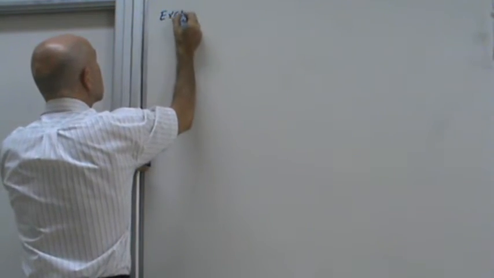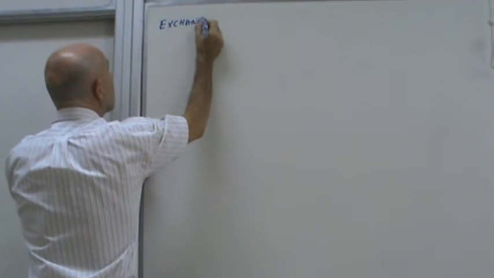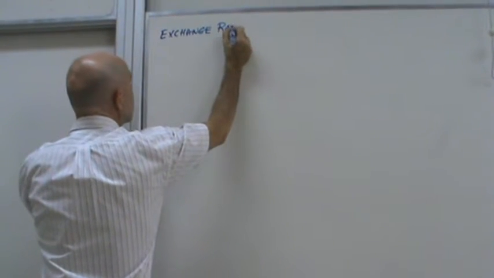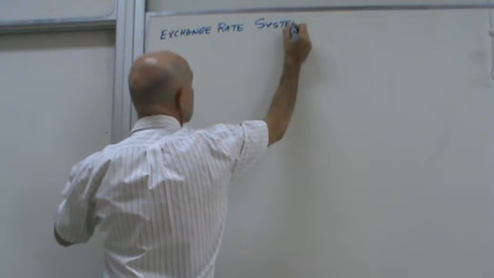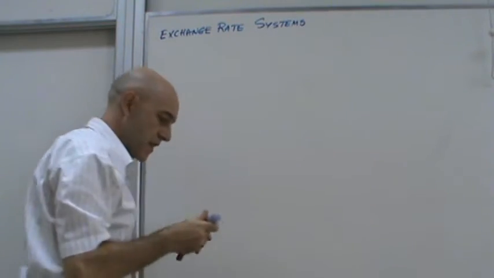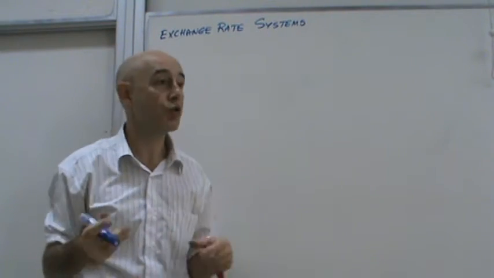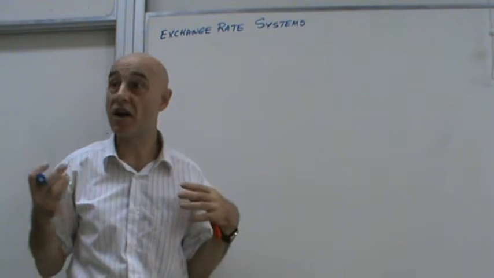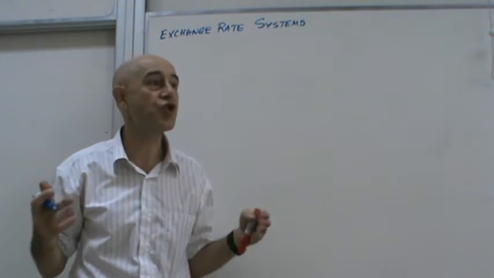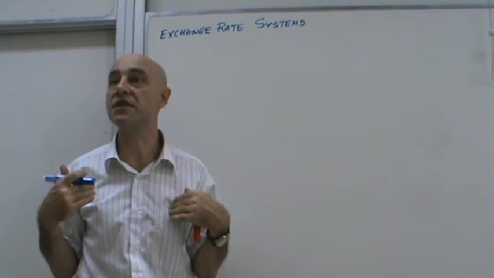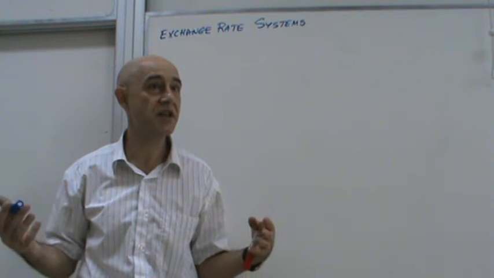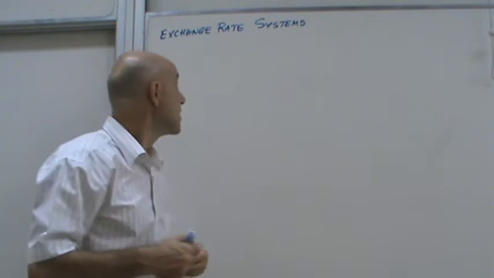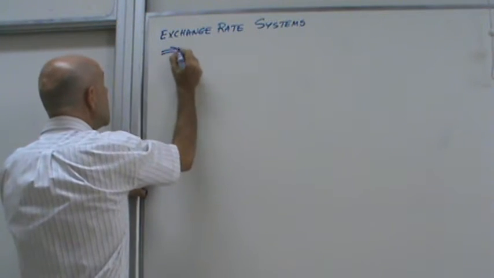Next one is exchange rate systems. This is the government's policy of maintaining the exchange rate of their own currency. In other words, how the government maintains its currency exchange rate. So the exchange rate system could be